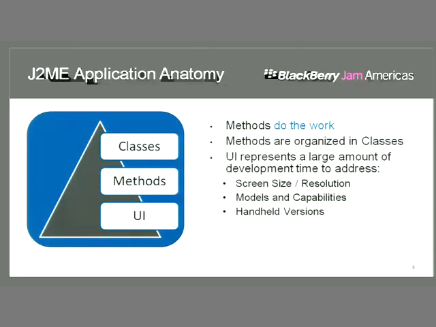All right, so first off, what's the anatomy of a Java app? Essentially, this is what it breaks down to. Methods that do the work, classes which contain these methods, and UI. Those are the three main components of what a J2ME application is. And we say that most of your work is done, and I'm sure since all of you are Java developers, you realize this, is done around UI development. I mean, Java Swing, when you get the hang of it, is easy enough, I guess, but there is a lot of coding that's done around UI in Java,